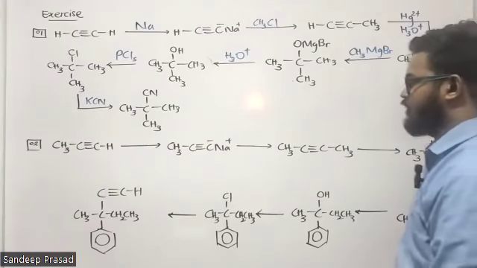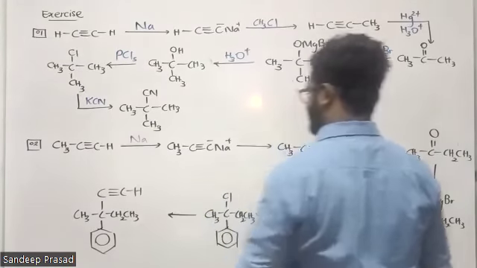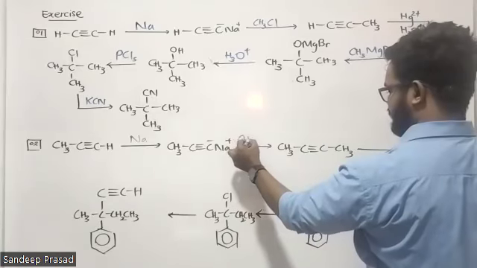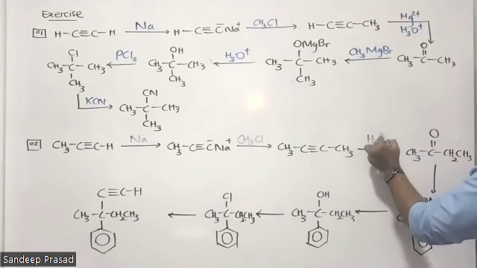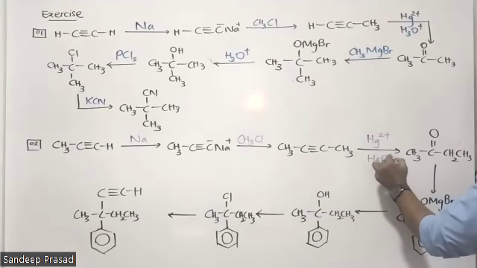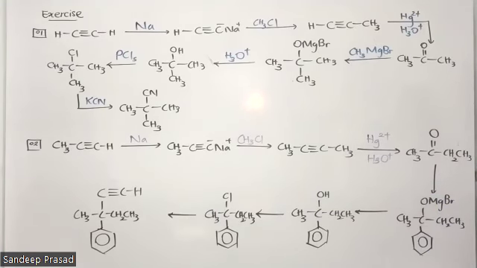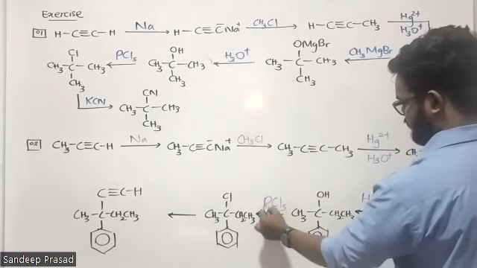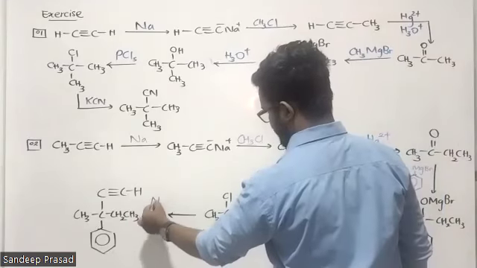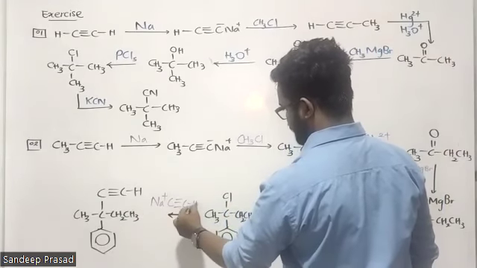How about the second one? Sodium is added. CH3Cl, alkyl halide. Here we can add mercuric cation along with H3O plus. Then phenyl magnesium bromide. H3O plus. PCl5. And then we can add sodium. So